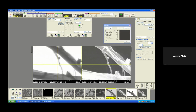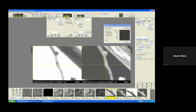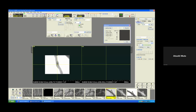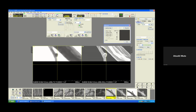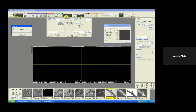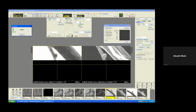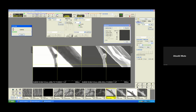So I'm just going to go to, for example, small structures, to get the image. And also, to get the best image of the STEM,